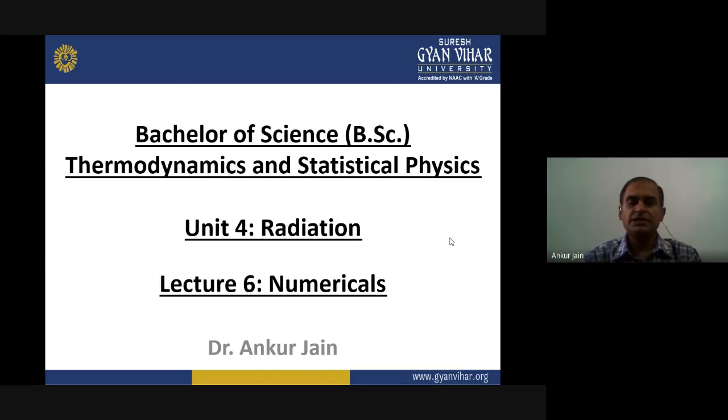We have seen the limitation of classical theories, and afterwards we have also derived Planck's theory, which successfully explained the radiation spectrum. Afterwards we have learned about some instruments that are used to measure the temperature and the radiation. We have also learned about the solar constant, and then we have learned the method to calculate the value of solar constant using the radiation method. So today we will understand all these topics with the help of numericals.